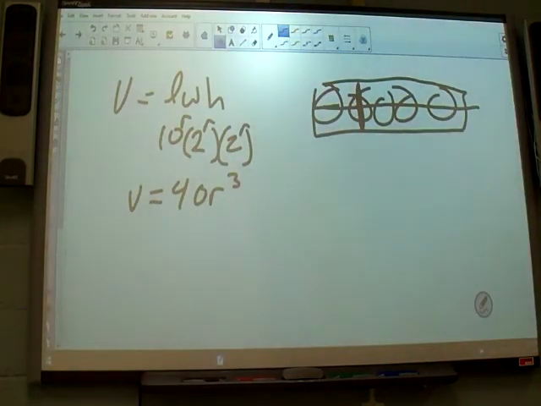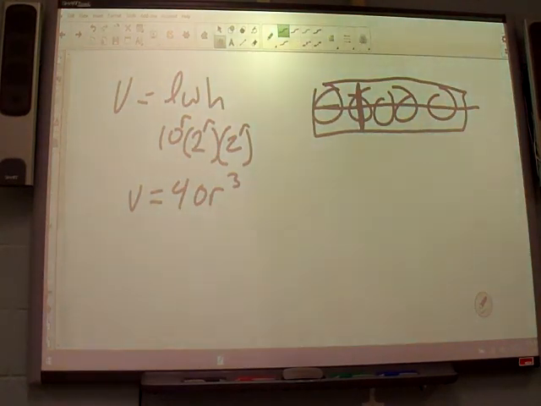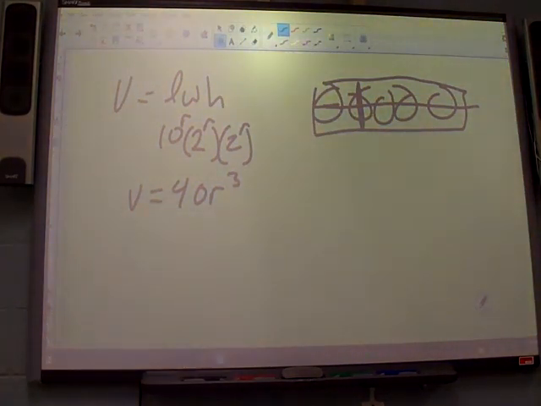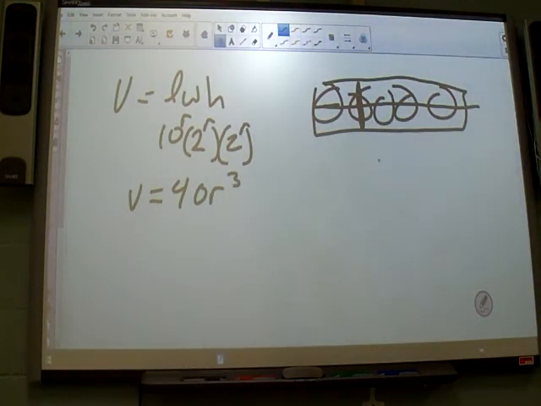Then part B says, find the percent of the box's volume that's occupied by the tennis balls. What I had to think about a little bit, percent, I kind of related it to a test question. If you got 8